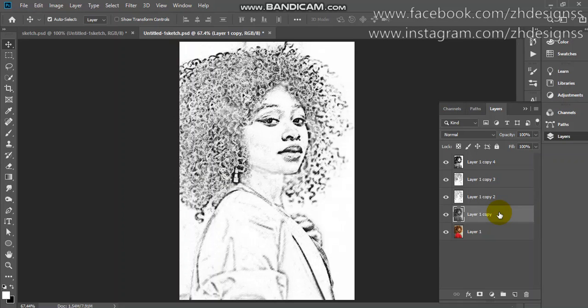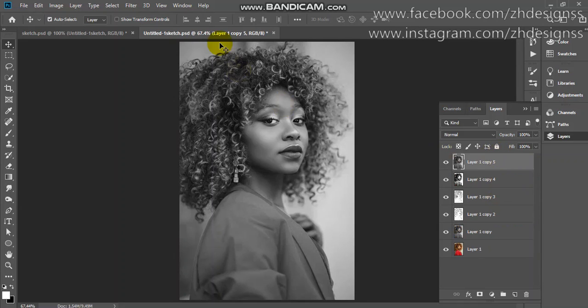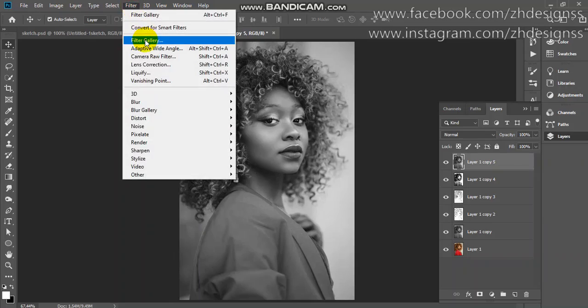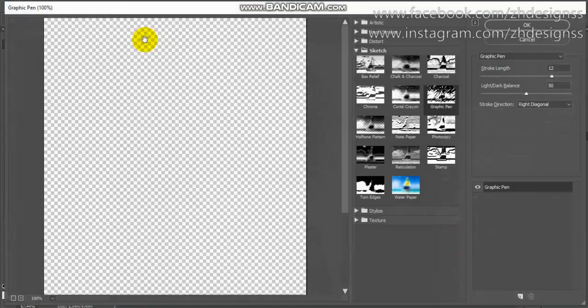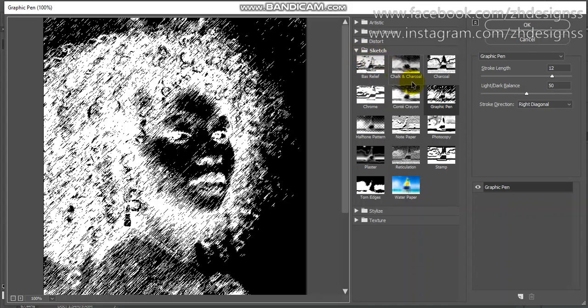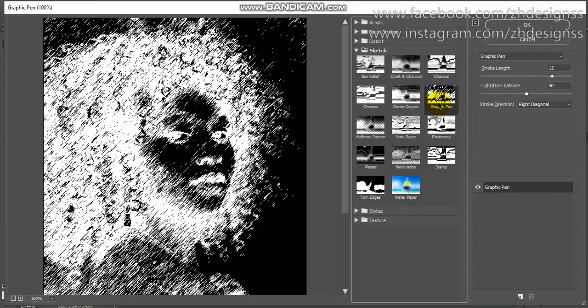If you want to give the pencil sketch effect to your hair in color, you can go for this step. Again, take a copy of your black and white layer, bring it to the top, and go to Filters and Filter Gallery. Under the Sketch folder, choose Graphic Pen again.